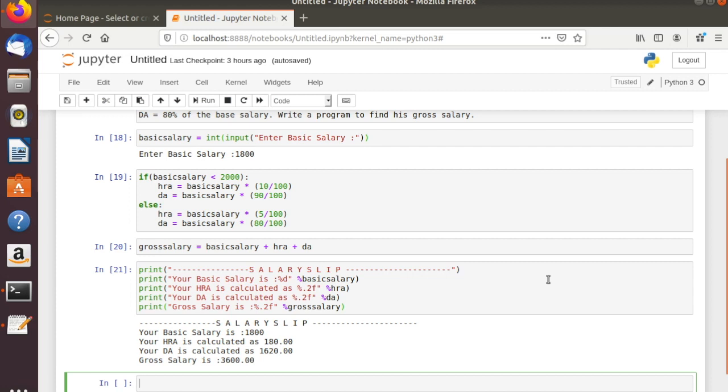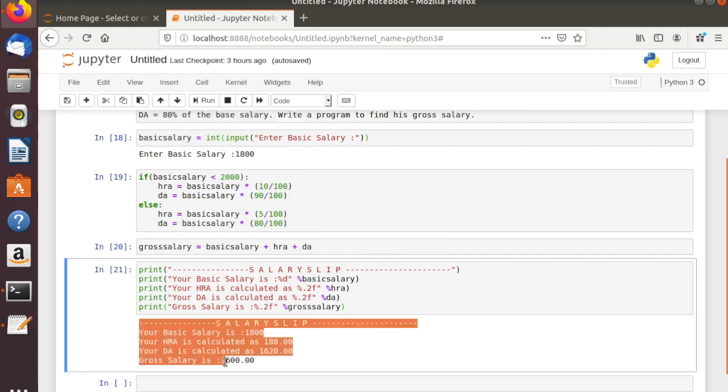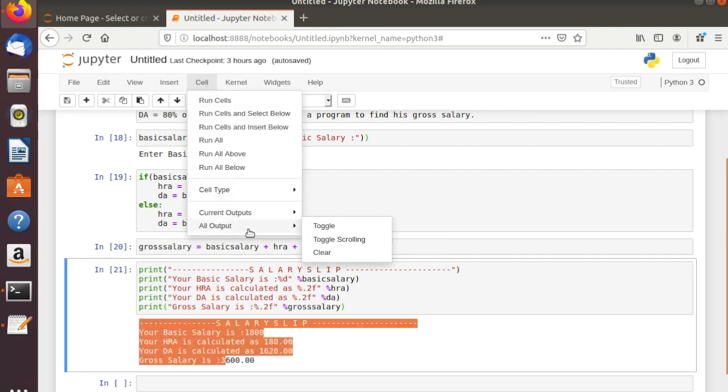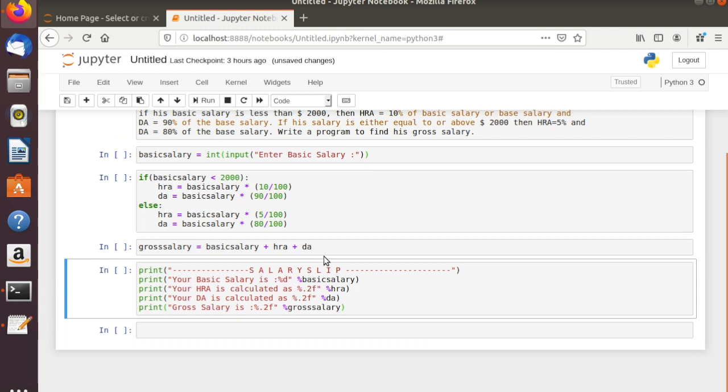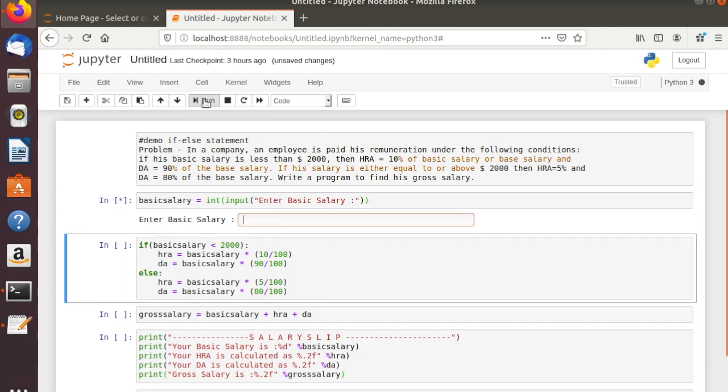Okay, now let us redo again. So let me clear up all the output. I'm showing you how you can clear these cells outputs. Okay, so go to output, clear. Okay, it will clear our output. Now go to the first line, run it again. This time we will enter say some more salary, suppose 3600. Let's enter that,